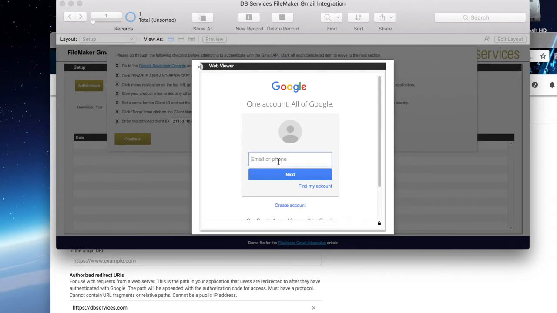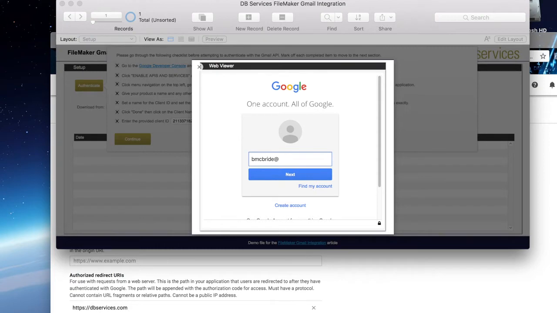Now, there is a known bug with Mac users. Once you try to log in, you'll be logging in with the end user, the person you're trying to pull the emails from. It doesn't have to match the account that you set up the API OAuth client ID and secret with.